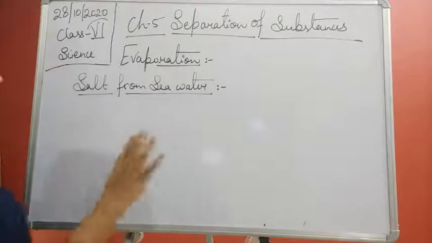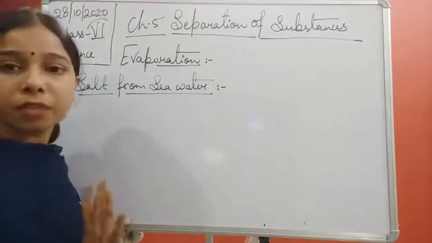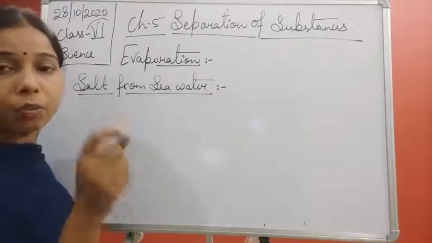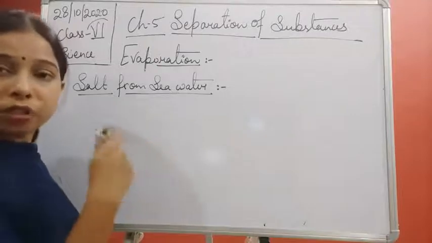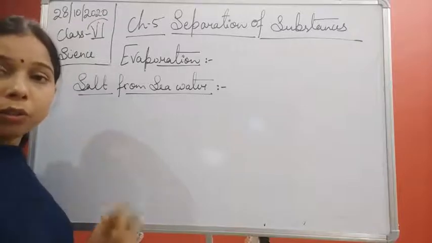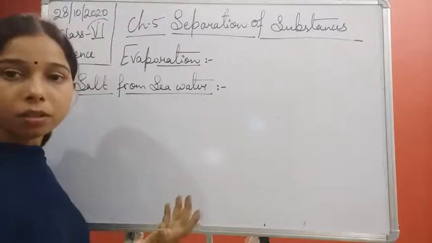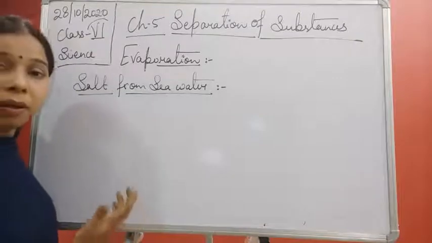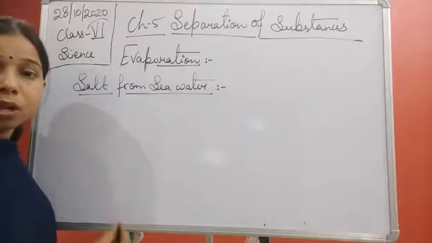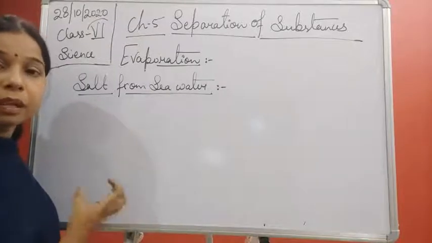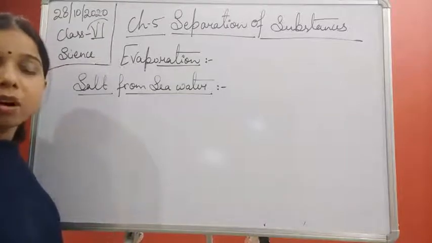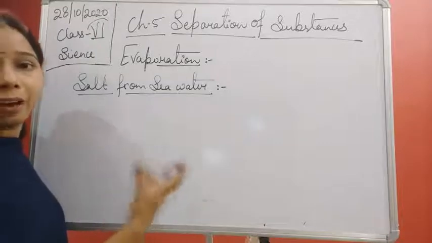So you see, students, how the process of evaporation occurs here. In general, at your home also, if you take a small amount of salt, add it to the water and stir it gently so that it mixes properly into the water, and now you want to separate the salt from the water, what can you do? You can simply boil the water. You simply apply heat to the water. So the salt will remain in the glass or the container in which you took the mixture, and the water will easily evaporate.